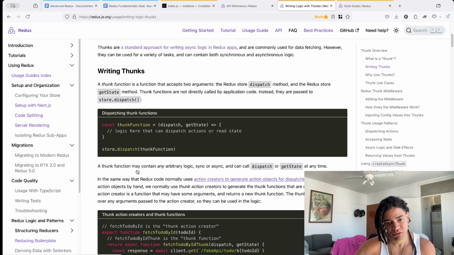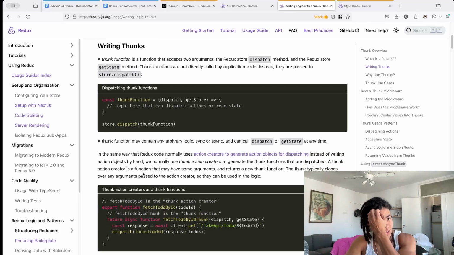In the same way that Redux code normally uses action creators to generate action objects for dispatching, as a way to simplify that process,